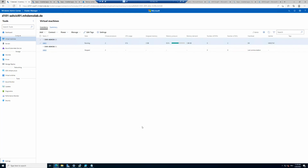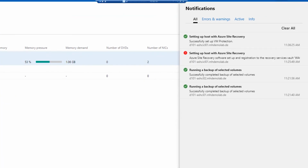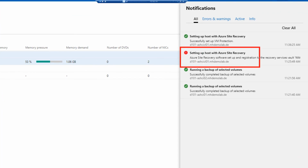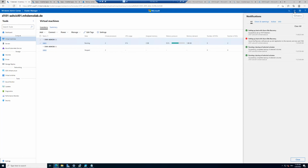So the installation of Azure Site Recovery now has finished. Let's check my activity log, and we can see here I had first an error here setting up host with Azure Site Recovery. This can happen when you are configuring hybrid services, that there are some blockers that the script maybe blocks the next step in the execution. If you have this situation, the recommendation is to execute the steps again. I did exactly this, and maybe the recovery services vault was not ready when it tried to deploy the agents and so on,